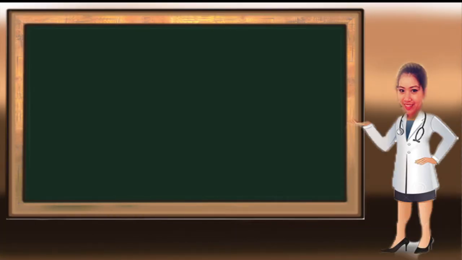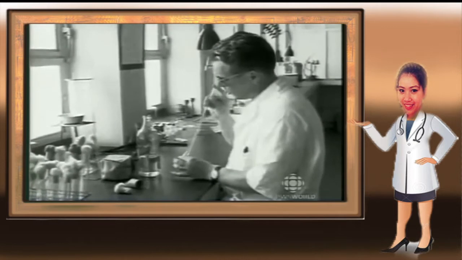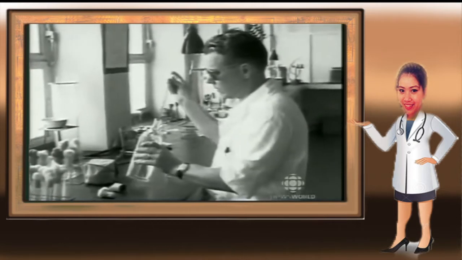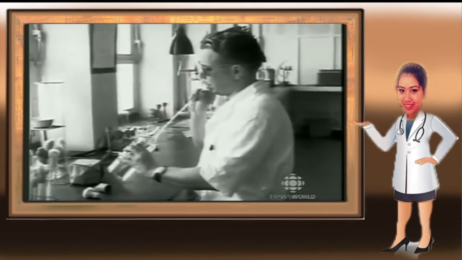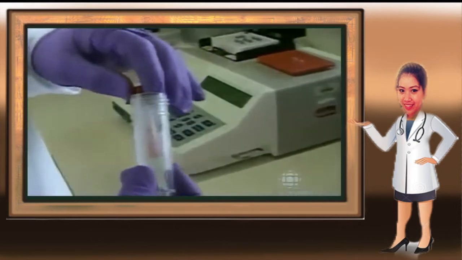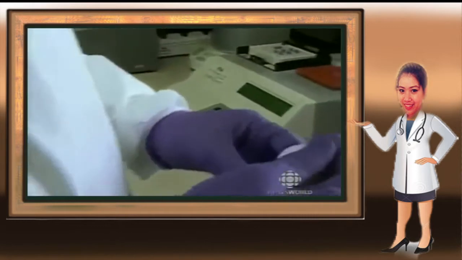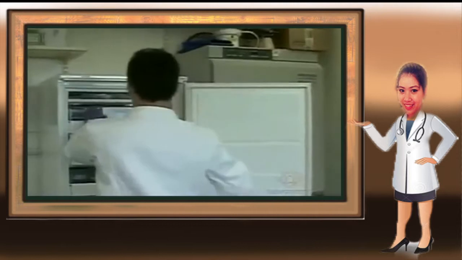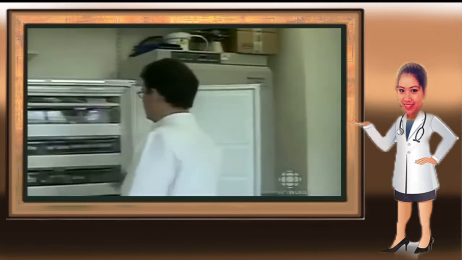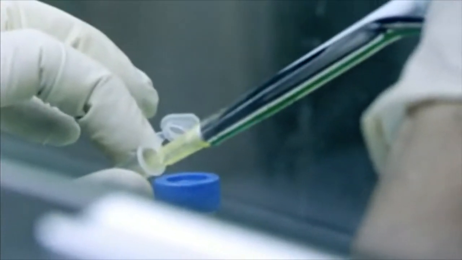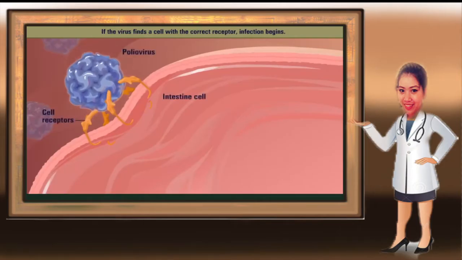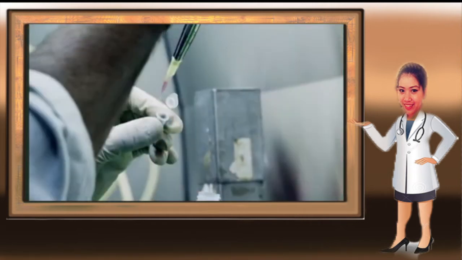Hello. In this segment, we are going to explain how we produce the polio vaccine. Let's start with the antigens used to produce this vaccine. Polio, or poliomyelitis, is a disease caused by the poliovirus, which enters the body through the mouth. The disease occurred for over 35 years before the first vaccine was used. The vaccine used against the disease is called inactivated polio vaccine, or IPV, which is extremely efficacious in